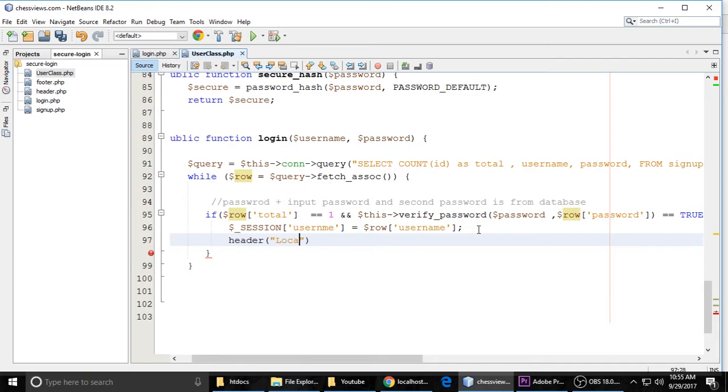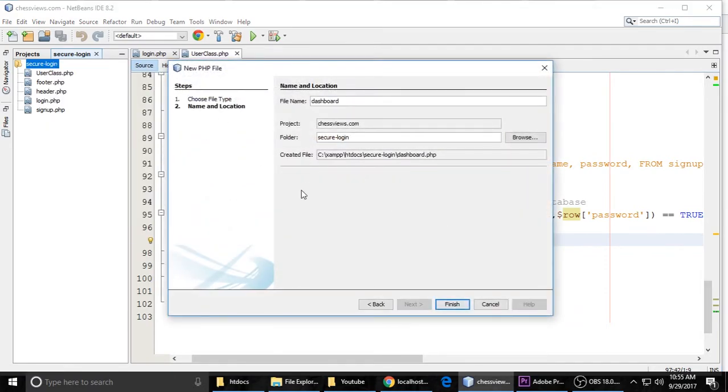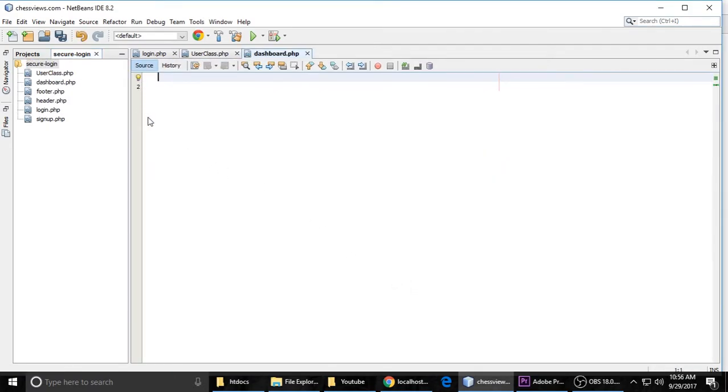So header location, and you can type any page name you would like to redirect your users to. Okay, so dashboard.php, this file does not exist, we have to create dashboard.php, control S,